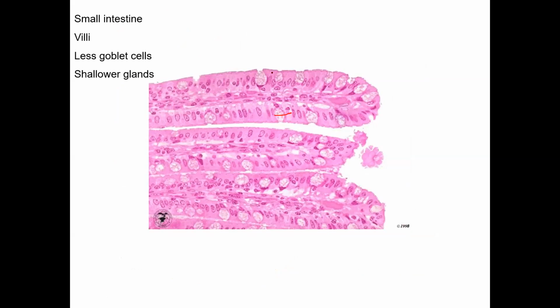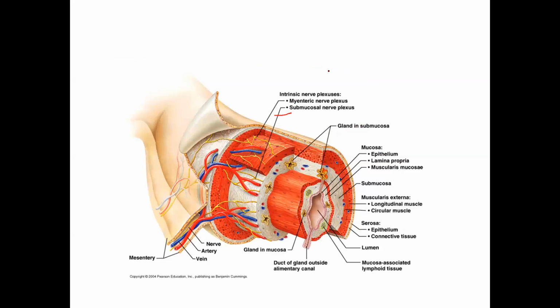Okay, so this is a small intestine. You can see each one of these structures. What is that? Each one of these structures is a villus. On each villus, you have these simple columnar cells with microvilli. So this is the small intestine structure. One more time,